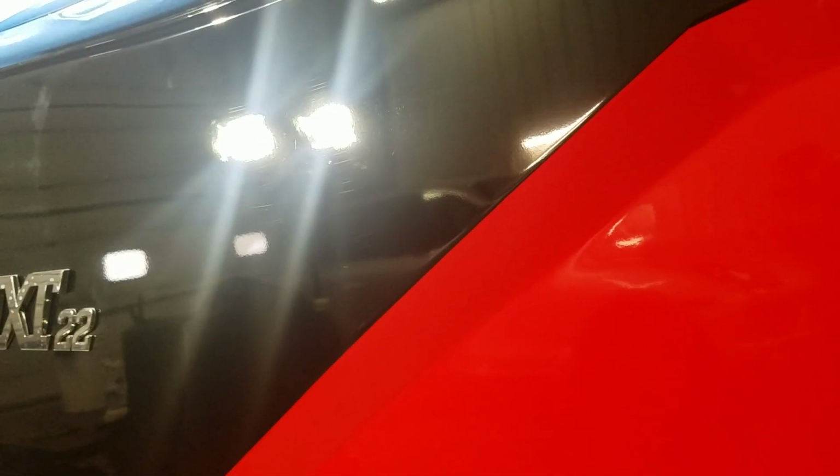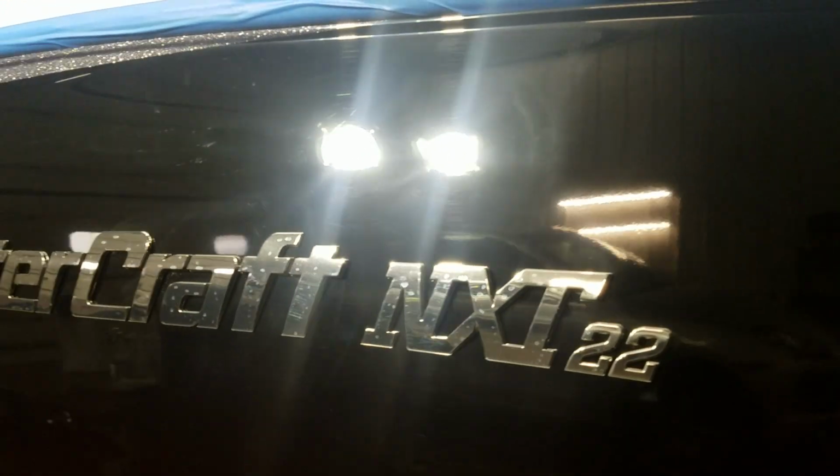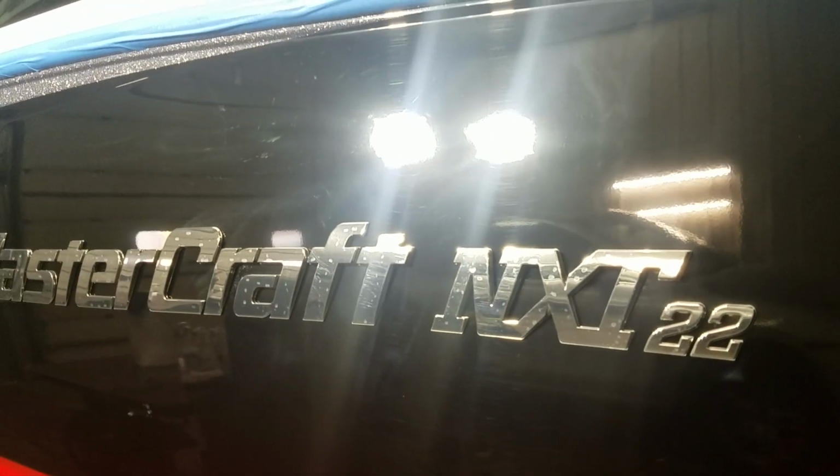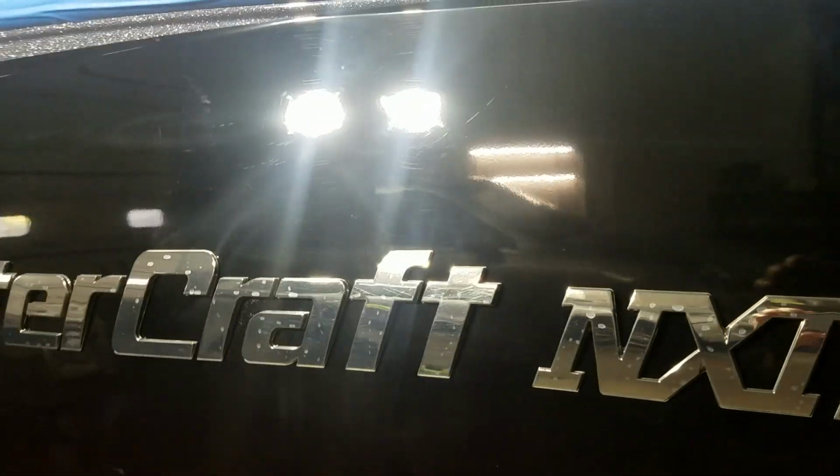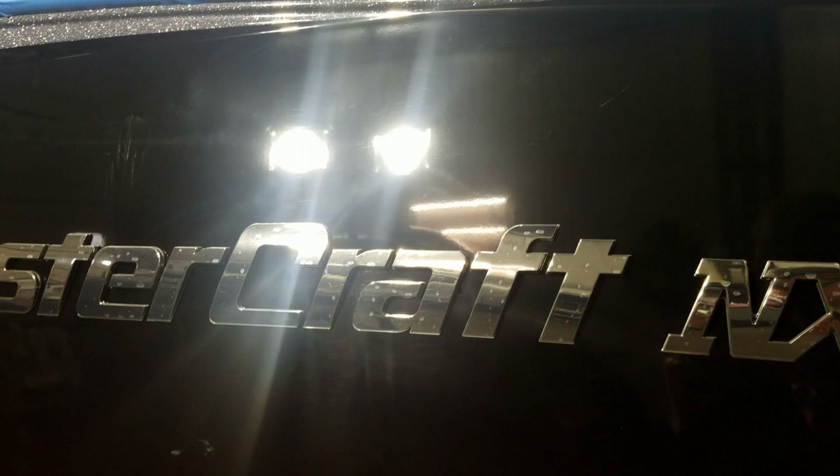So this section's done, and then this is where I'm done. It's still pretty scratchy. Focus. But this is what it looks like before. So I am kind of hiding the scratches, but